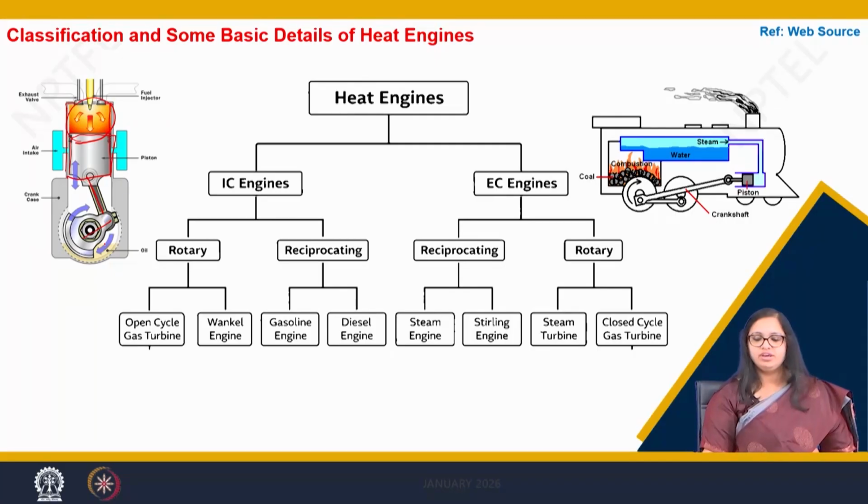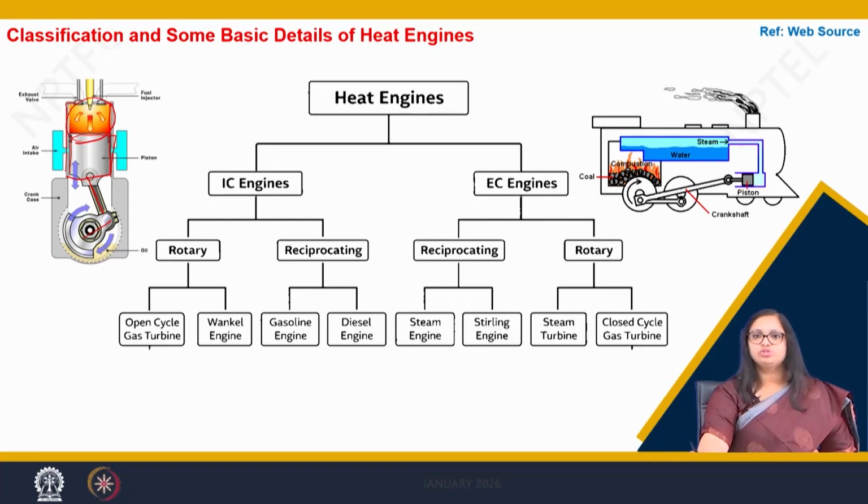In the same way, let's see what an external combustion engine is. In an external combustion engine, there is a loop of mechanism where the reciprocation and rotation of different components happens. However, the energy is given externally. As you can see here, there is a chamber where the combustion happens. There is coal which is burnt. The combustion of this coal heats up the water. This water is now converted into steam. Now, this steam helps in